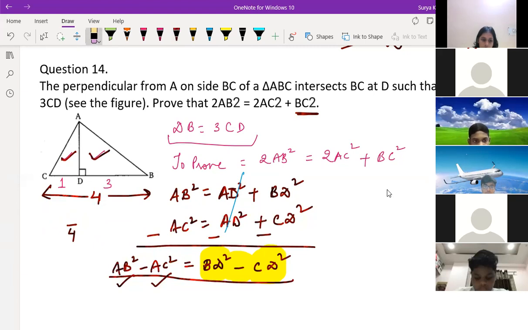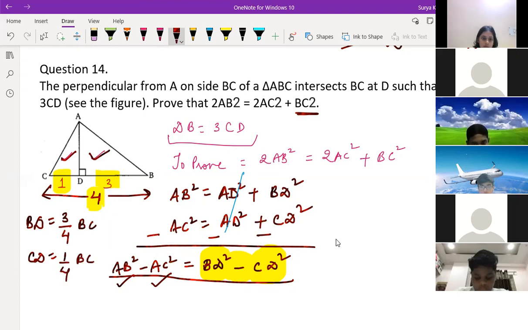Yes, sir. See what I'm doing here. Out of this 4, BD is 3 and CD is 1. So I am writing that BD is equal to 3 out of 4 of BC. We are comparing with BC. Again, similarly for CD, what can we write? Tell me, Rasool. 1 by 4 BC.